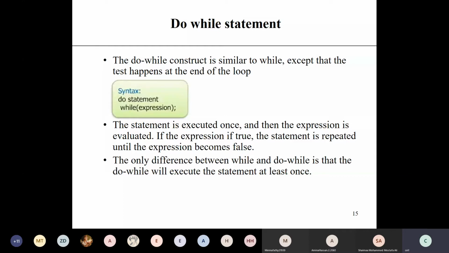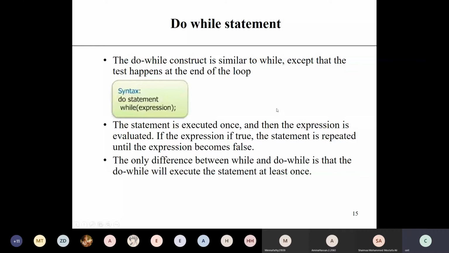Like while checks the condition at the beginning of the loop, do while checks the condition at the end of the loop. That's why the statement is executed at least once. The only difference between while and do while is that the do while will execute the statement at least once.